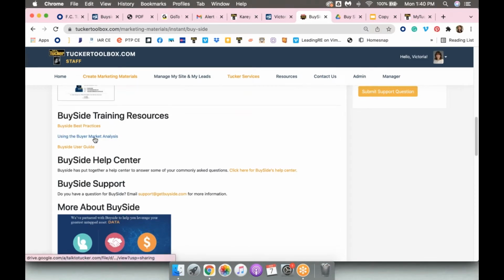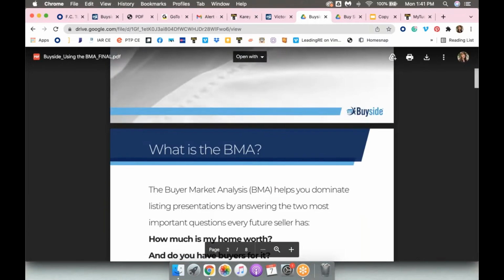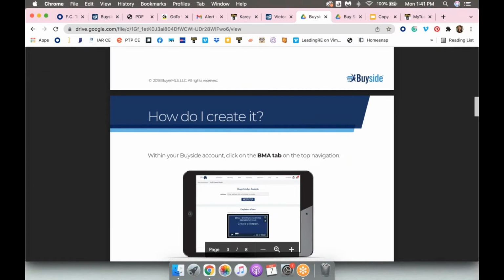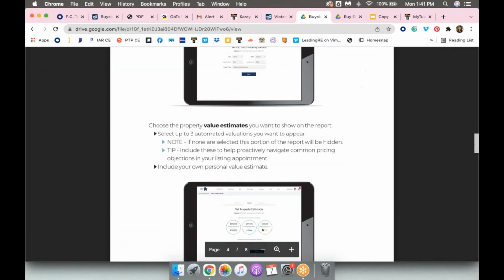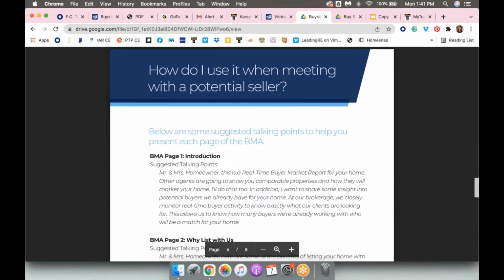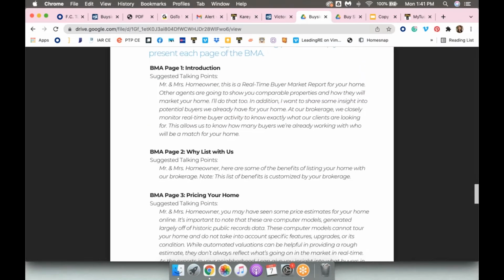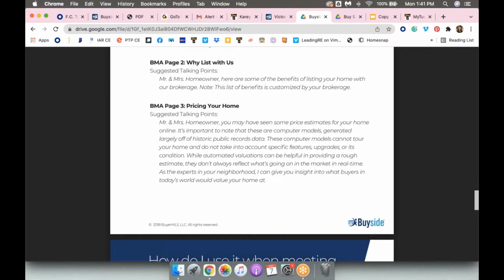It's called Using the Buyer Market Analysis. If I open this, it's just a PDF, and it walks you through that BMA. It talks about what it is and how to create it, which you all saw me do. But then there are some really nice pieces on how to use it, and there are some dialogues already in here. It breaks down every page, like what the introduction is, why our brokerage, and talks to you about pricing your home